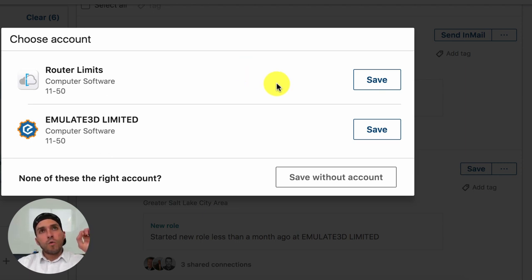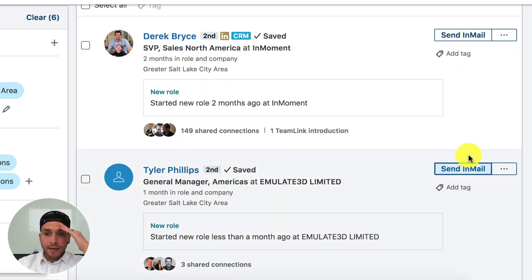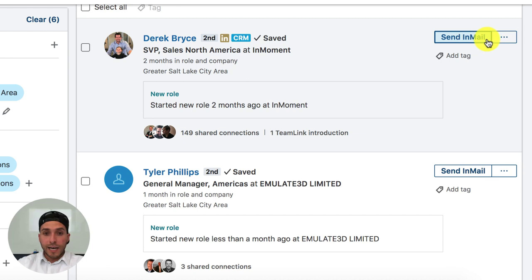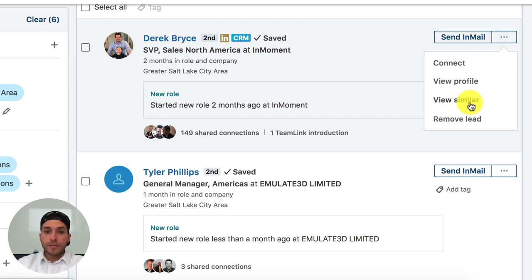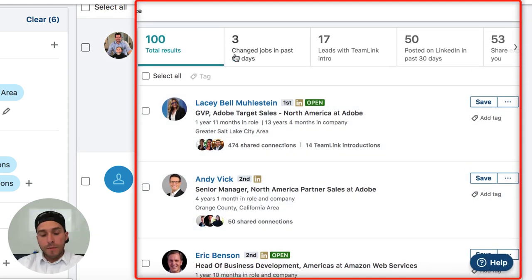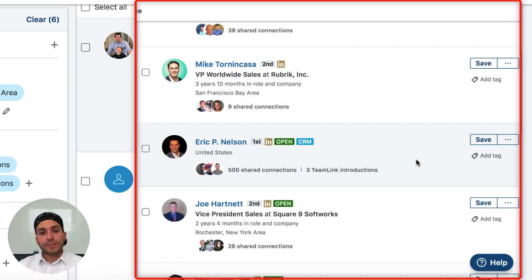So what you can do here, a lot of times when you save a lead, it's going to ask you, hey, which account is this lead associated to? So all you have to do is choose one. Let's say it is this one. Sure, let's say it's this one. Okay, so then I save that one and I save this one, so that way I have 2. And now from here, what I can do is I can either send them an InMail, and this is going to open a new window. I can also view similar leads, meaning if I click on this, it's going to show me people like Derek Bryce that are not at Moment,